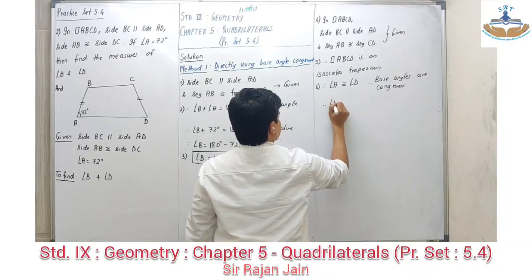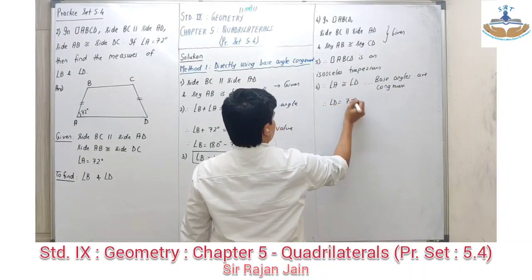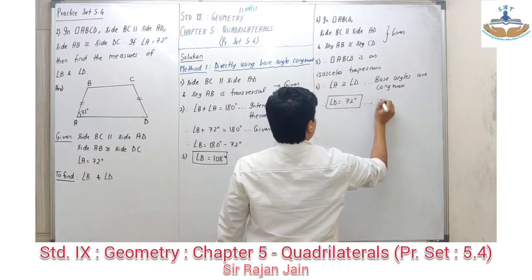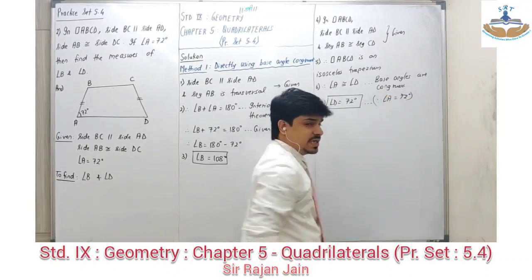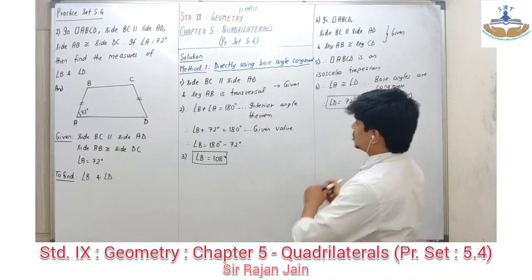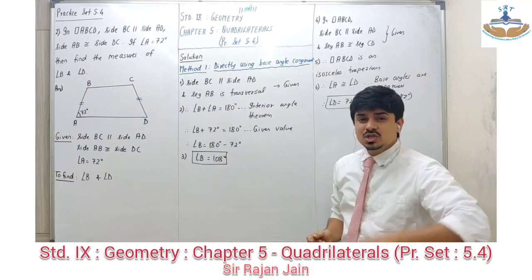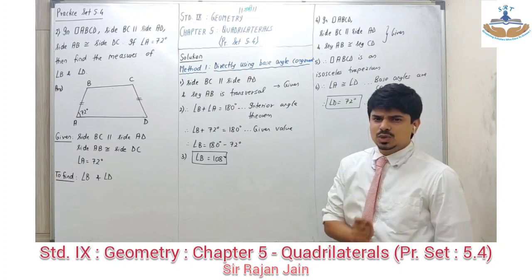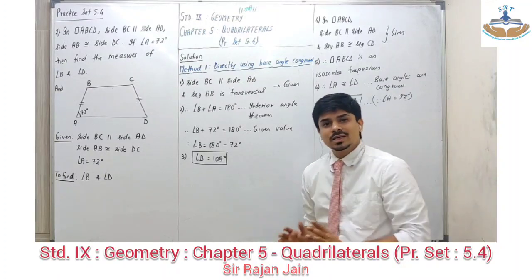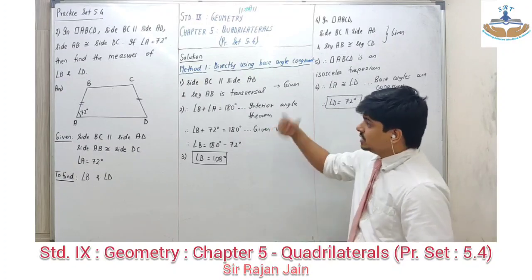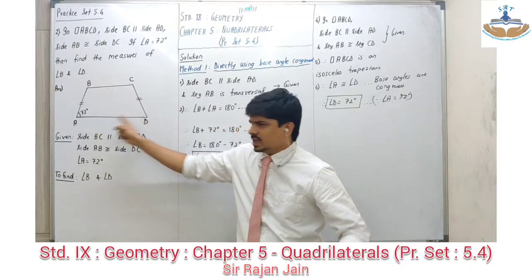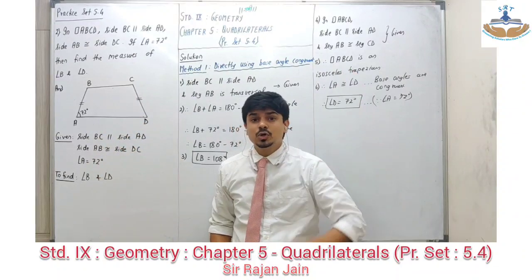Therefore, you can say angle D is equal to 72 degree. Reason: you will write since angle A is equal to 72 degree. But this method that I have done is a shortcut method. It depends on your school teacher whether she allows you or not. Some schools allow, some schools do not. If they do not, then this base angle that I have written as congruent here, you have to prove it.